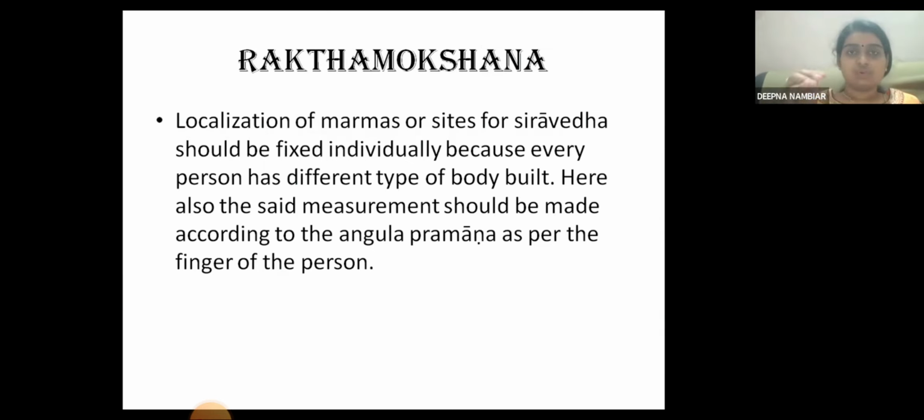If we go for a Raktamokshana for a particular disease, say 4 angulas below the knee joint or 4 angulas above the knee joint, this Angula Pramana is not that of the physician, but is the Angula Pramana of the patient. So the Pramana is to be considered in each and every aspect for selecting the sites for Raktamokshana. So, localization of marmas or sites for Siraveda should be fixed individually,